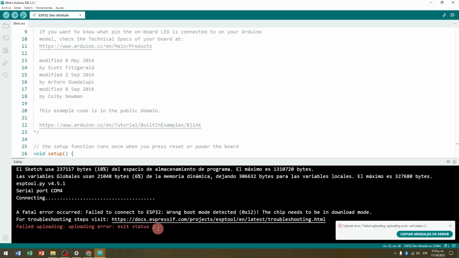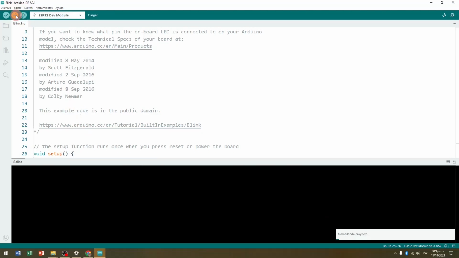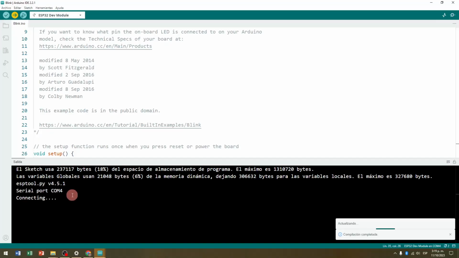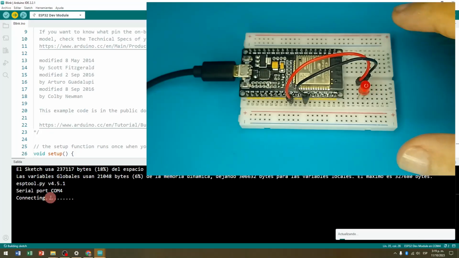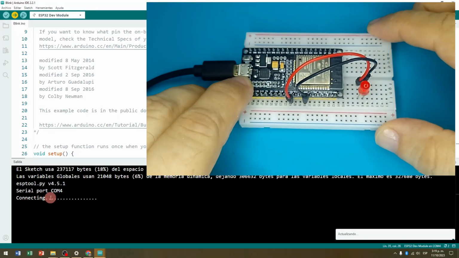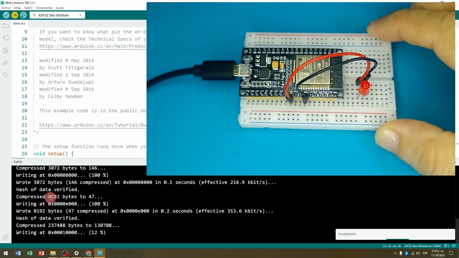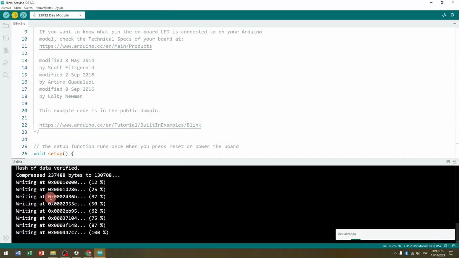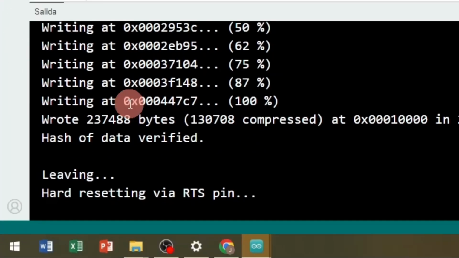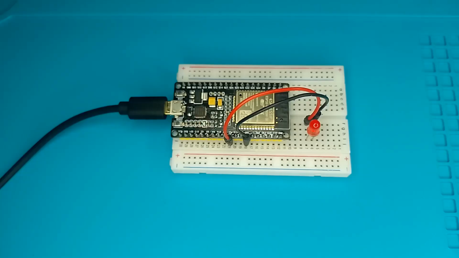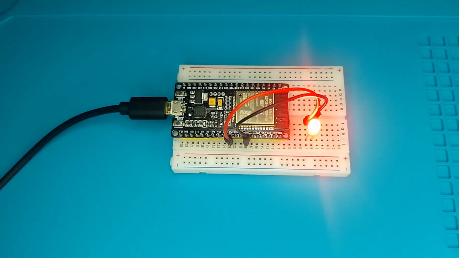Knowing this information, let's click on the upload icon again. And if we look at the system output messages, and just when we see the message, connecting, we press the boot button, keeping it pressed for a few seconds. Until at the system output, we see that the memory writing process begins, indicated in percentages. Upon completing the loading of the program, we can now see the LED flashing according to our code, thus completing our first of many interactions with the